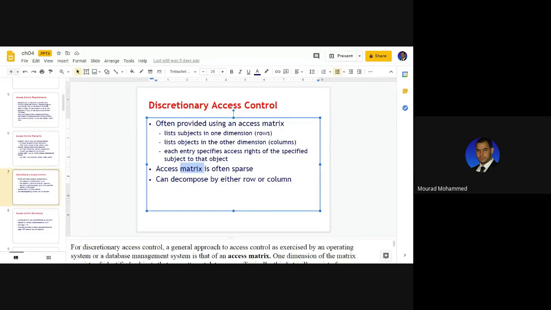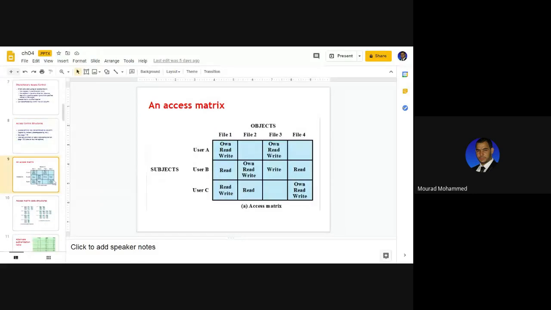We may have a relationship which has one right, or another relationship that has a variety of rights, 100 or 10 or 3, whatever the rights are. Or we may have a relationship with no rights at all, to specify that there is no access at all. Thus, it is a sparse matrix. So we can read the sparse matrix this way: subjects as rows, objects as columns, and what we see in the intersection cells are the rights.